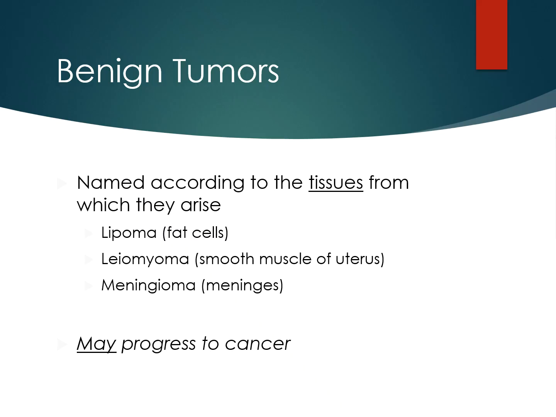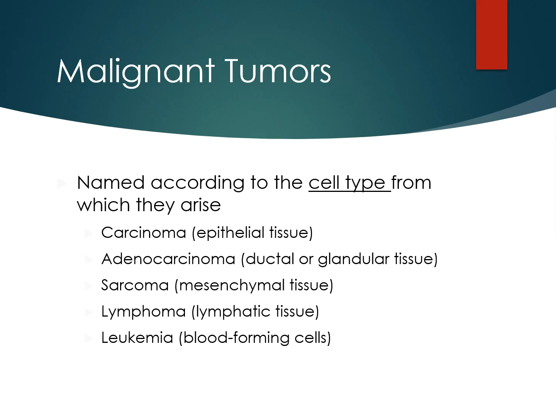Alrighty, so just some things to be looking at with that, and again, they can get very large, so they can be problematic. The biggest concern, though, is if we think that there's a malignant tumor. These are named a little bit differently. It's not always that easy to differentiate, but they're named according to the cell type. Not so much that they will add on the tissue type, but we're going to go further into the actual cell type from which they come. And so these are some examples of mesenchymal tissue, being more of a stem cell type of tissue. And so you're familiar with these. You've studied all of these in the past.